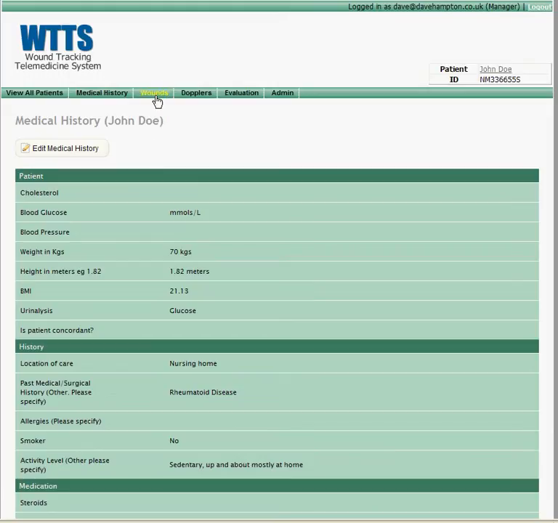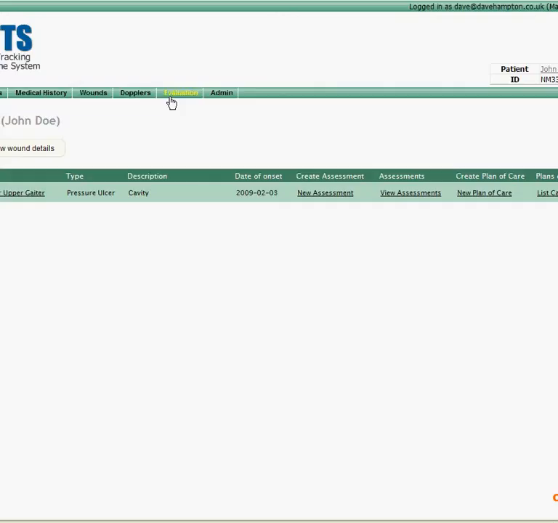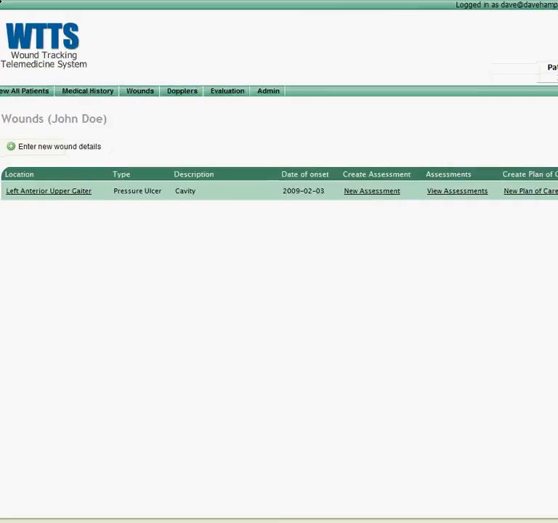Going straight into the wound management now, we assume that a patient can have many wounds, and any wound can have many assessments, and every assessment can have one photo that can be traced, and from that one photo we will then be able to produce a graph showing the size of wounds for each assessment. Here I already have one wound which I've created already. Let's go into this,